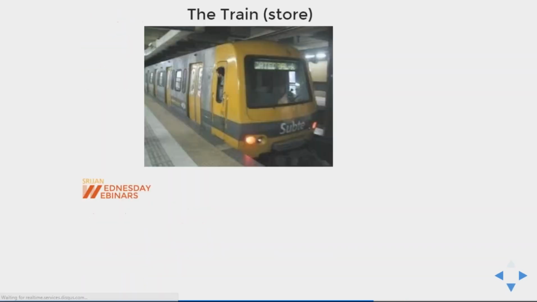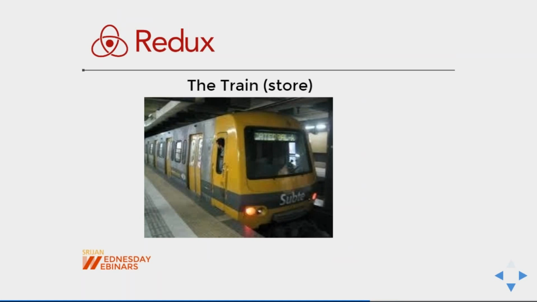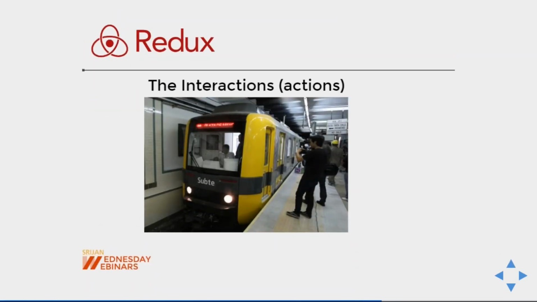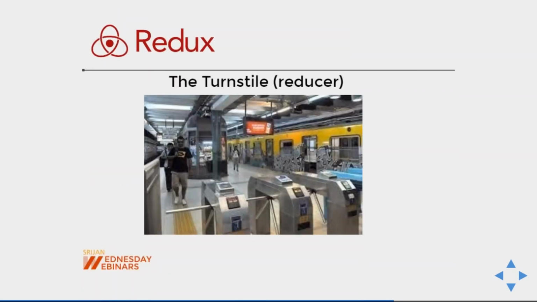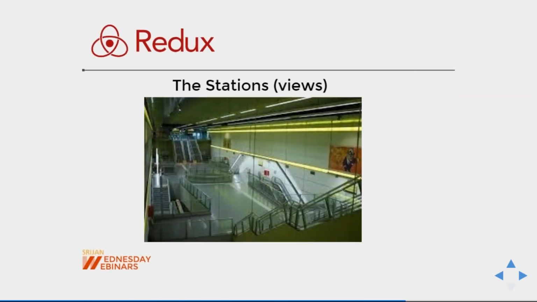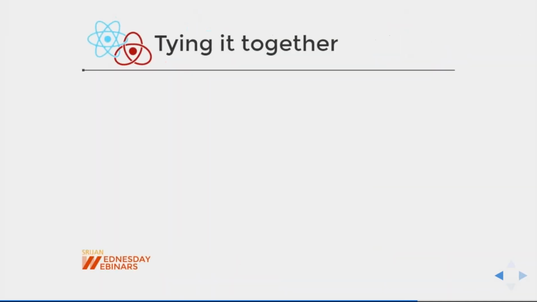Okay. So finally, this is our store, which is going to maintain the state of the application. You will be firing some actions onto the store, and due to those actions, you will fire reducers. Reducers will give you the new state object, and your store will get the new state object, and you will be able to see some changes happening on your React component, like the different number of passengers at your station. I hope you got some basic understanding from that.